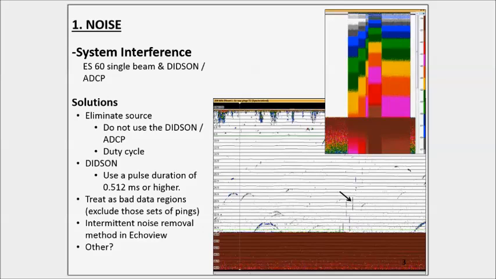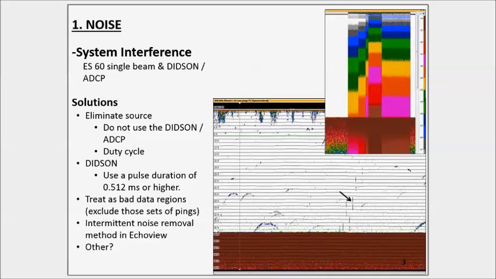So the first thing is system interference. In the past we've used single beam echo sounders along with a DIDSON and an ADCP, and you can stick in whatever gear you use that might conflict with various other gears. The image on the top right is of an ES60 echogram running at a